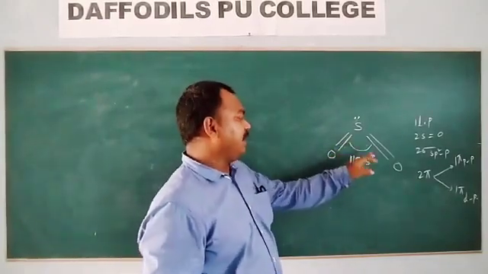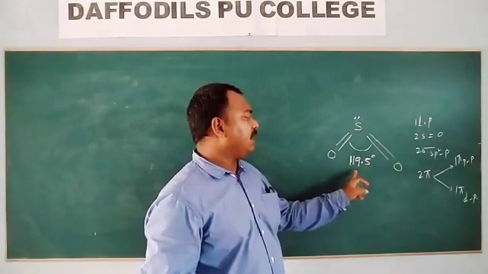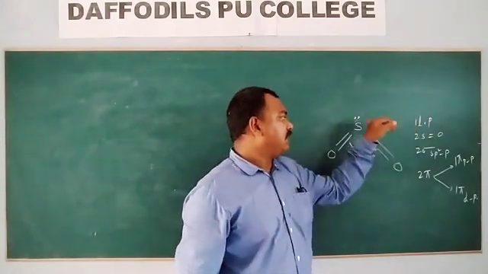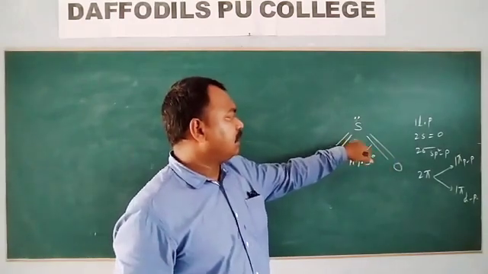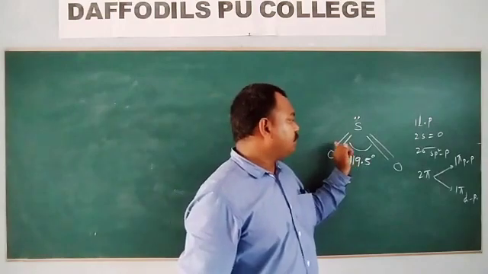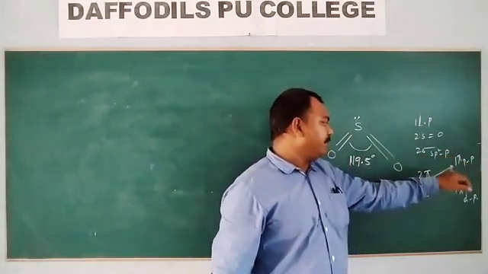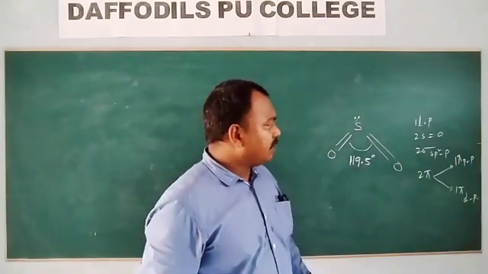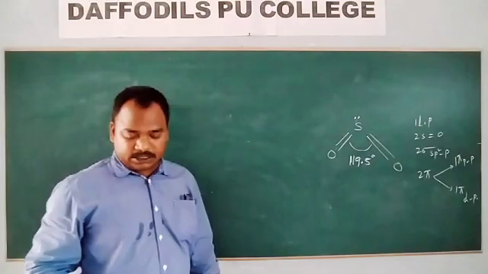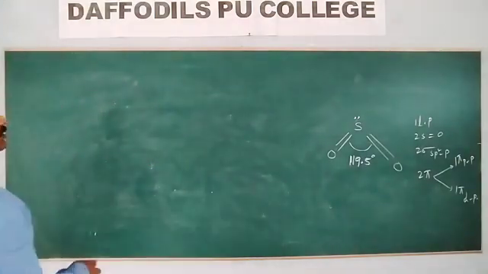Look, students, again I have drawn this sulfur dioxide structure. The bond angle in sulfur dioxide is 119.5 degrees. It contains 1 lone pair, 2 S double bonds, 2 sigma sp2p bonds and 2 pi bonds. Among them, one is a pi pp bond and another one is a pi dp bond. So this is the structure of sulfur dioxide.